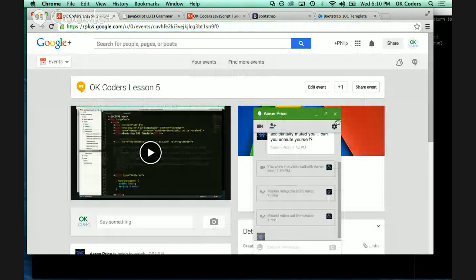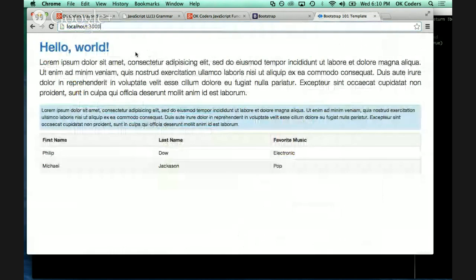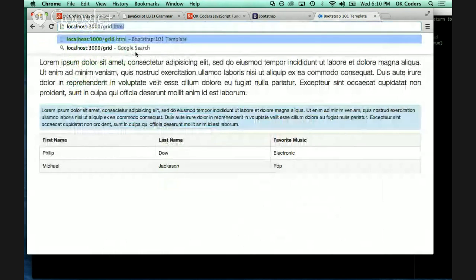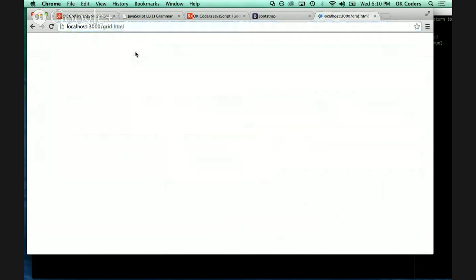We should also see that we have this grid.html file. So if we do /grid.html, we get a blank page. We shouldn't get an error, but we should get a blank page. That means that it's located in the public directory correctly and is serving up that empty page for us. Okay, so we're creating a